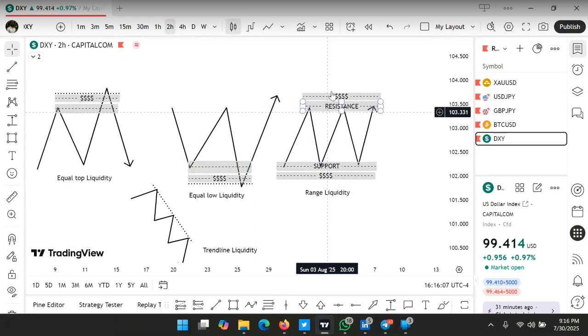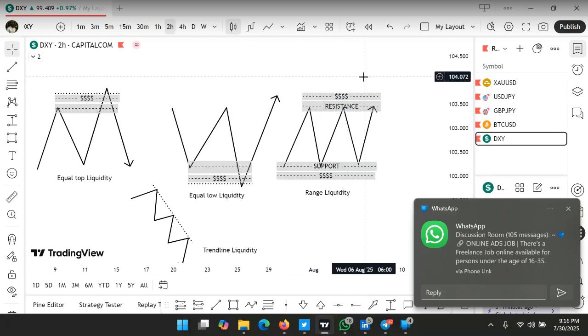So what does this mean? There are those who are waiting for the market to come back to this resistance level and begin to sell, meaning many stop losses will be sitting above this level, meaning orders will be placed at this level. And wherever there are orders, there will be liquidity around that zone. Where there is an order, there is money sitting there. So many people will place their stop loss above this level, waiting for the market to sell. Many will place their breakout orders around this resistance level, waiting for the market to break out of it and begin to buy. So orders are sitting around this zone.